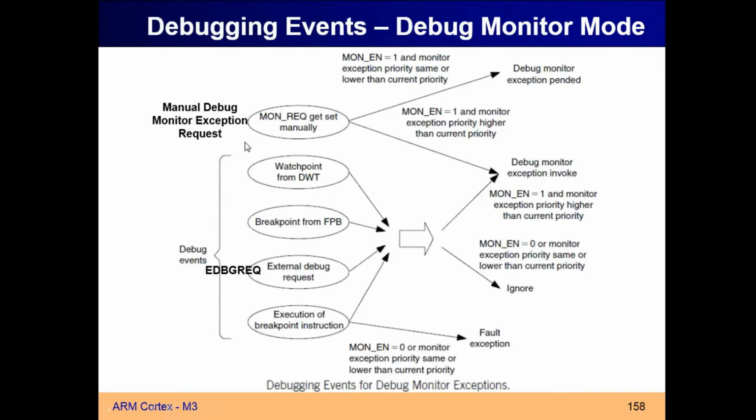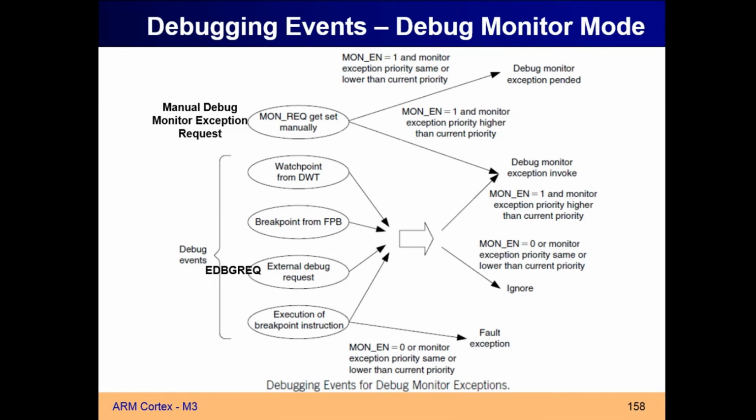So next one, this is a flowchart showing the debug events for debug monitor mode. Similar to the halt mode, if you want to take the processor to debug monitor exception manually, you can set the monitor underscore request bit. This is used for manual setting. And I told you the debug monitor exception is nothing but a normal exception. So if monitor enable bit is 1 and debug monitor exception has the same or lower priority than the current exception